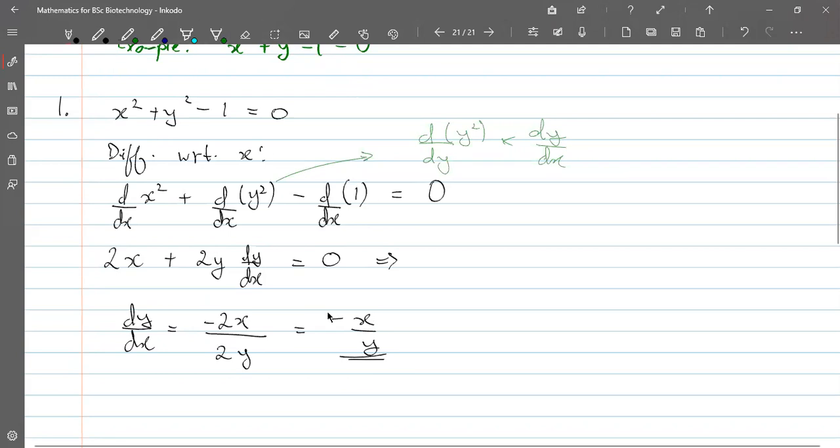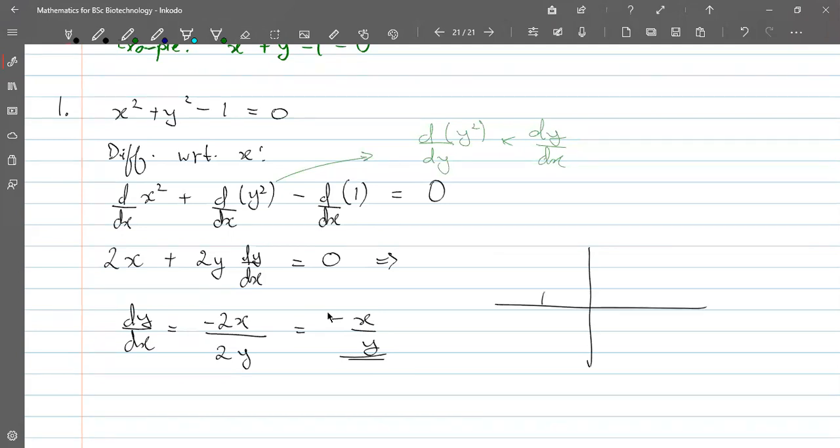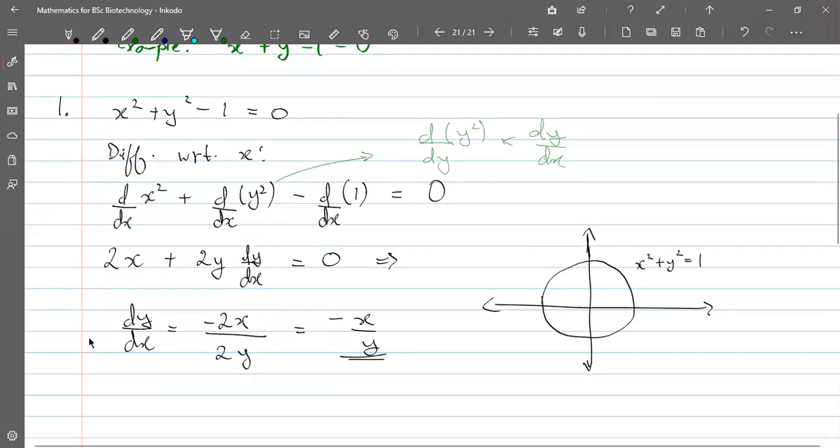Now let's look at this. Remember that if you evaluate the derivative at a point, what you get is the slope of the curve. So let's see if we get that. This equation represents a unit circle centered at the origin. Unit circle meaning a circle of radius 1, right? So using this, you should be able to find the slope of the tangent to this circle at any point xy. So first, let's take